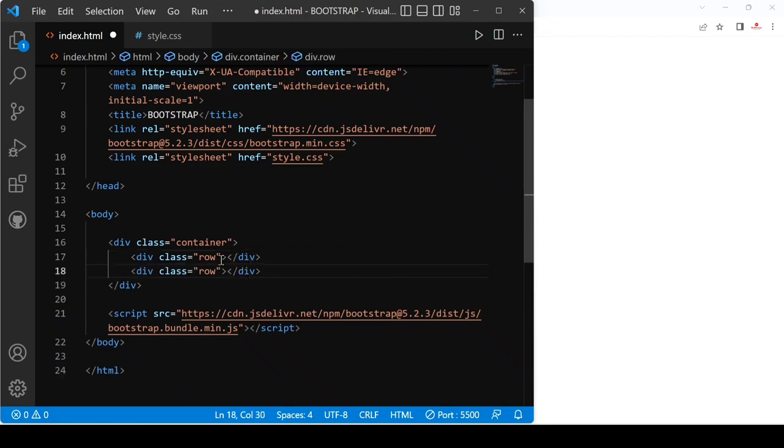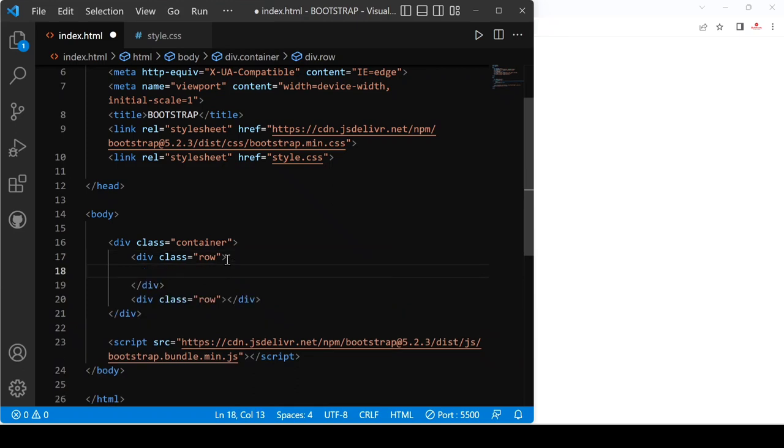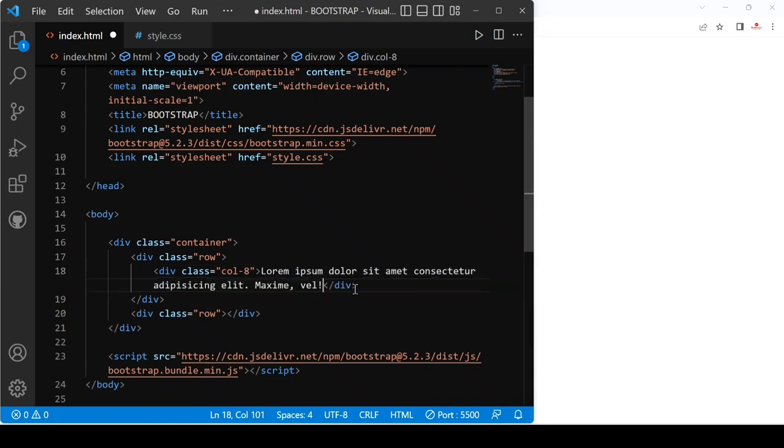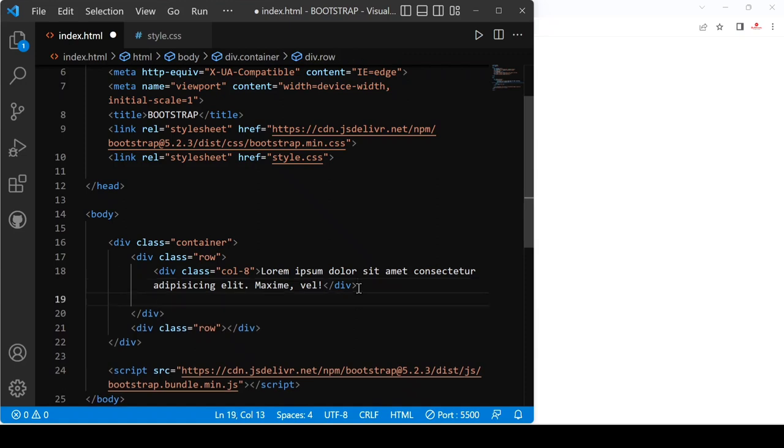Inside the first row I provide dot col-8 and hit enter, and here I provide 10 words of text. After that we have another class, col-4, and here I provide